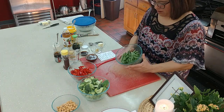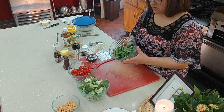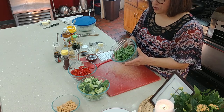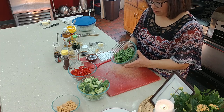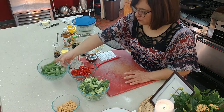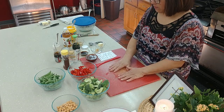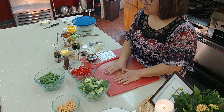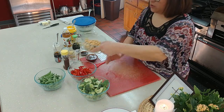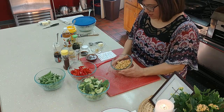Then I have some sugar snap peas. So here's probably about 2 cups of sugar snap peas, and they're fresh. And I washed those, and they're ready to go. Now, since this is a meatless Friday during Lent type of meal, in order for some protein, I went ahead